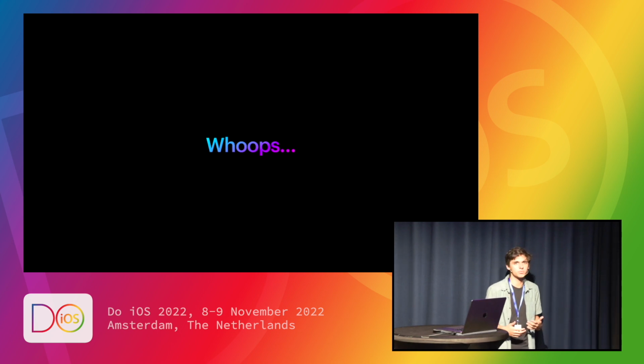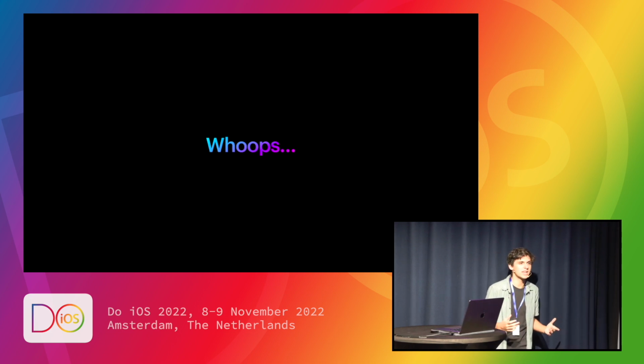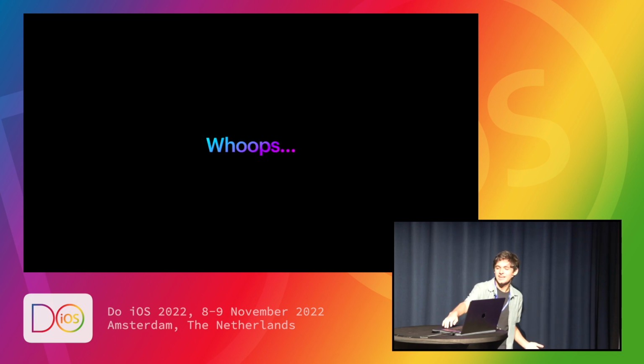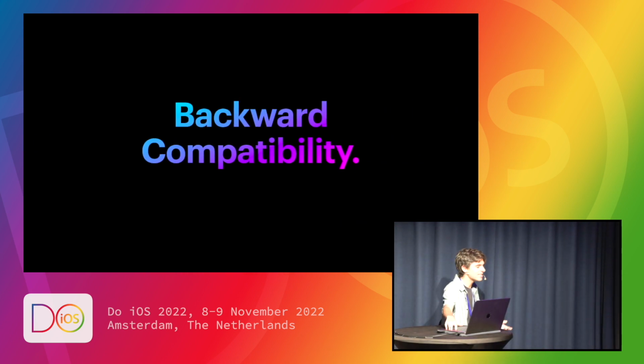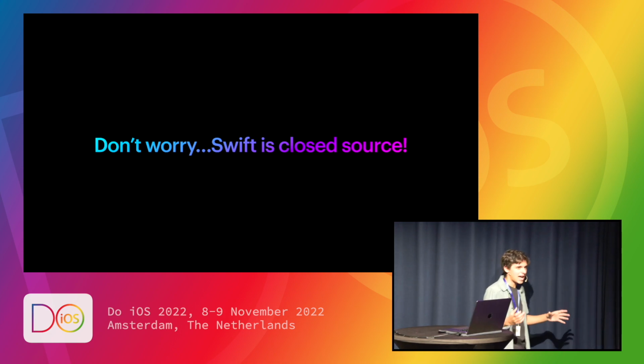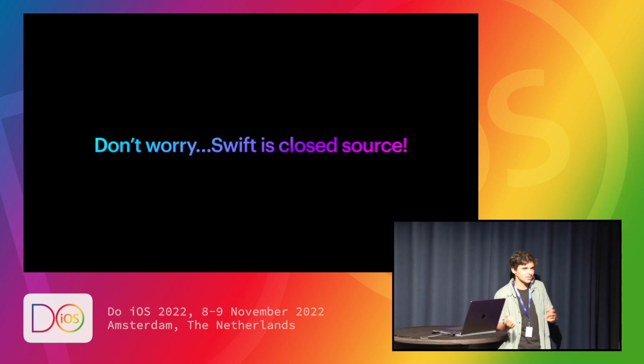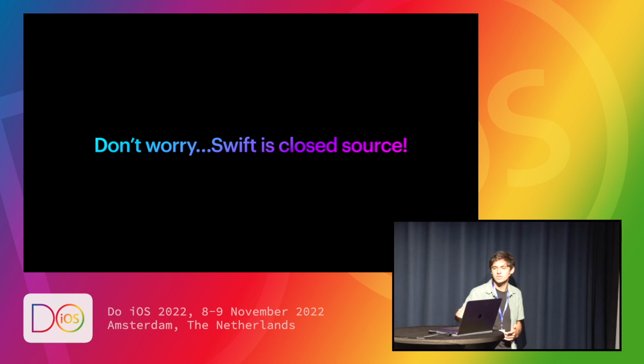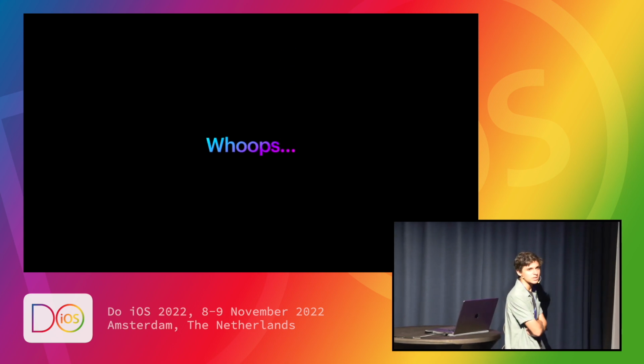You don't really want to build a project entirely with Swift because you're always concerned about, well, what happens in the next release and my entire thing breaks? Or what happens in this release when my entire thing breaks just because the code wanted to? The next issue we have is backward compatibility. And this one's fine, right? Because Swift is closed source. As long as Apple's controlling everything, they make sure that the last version works with this version and the next version and the next version, except for the one small problem of, oh, wait, it's not closed source anymore.